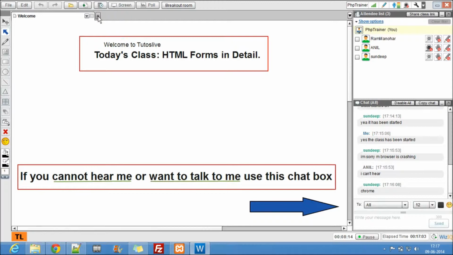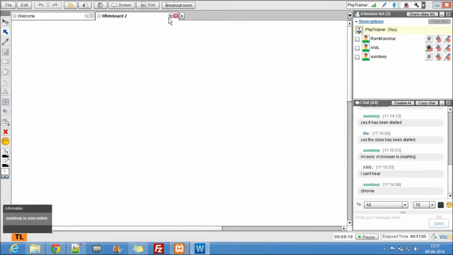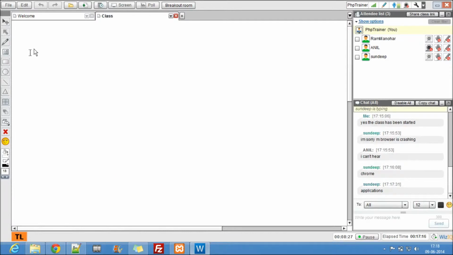Alright, so now the first question here in the class today: where do you see forms? In physical forms, let's say. Don't forget about the website forms. Tell me about the physical forms. I'll be more specific: where do you find the physical forms? This is the first question for today.